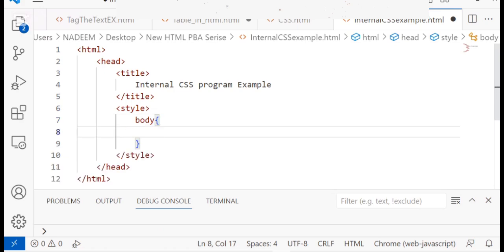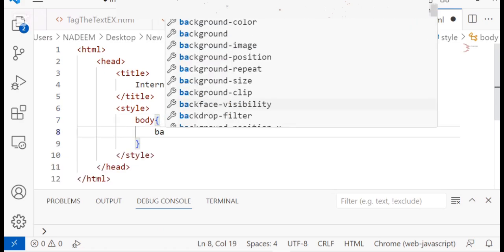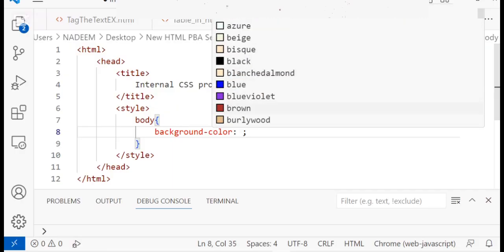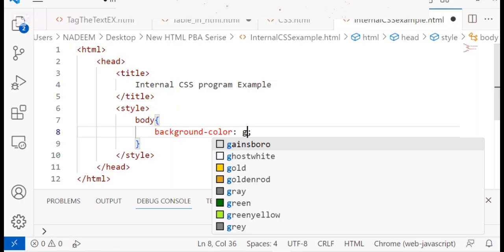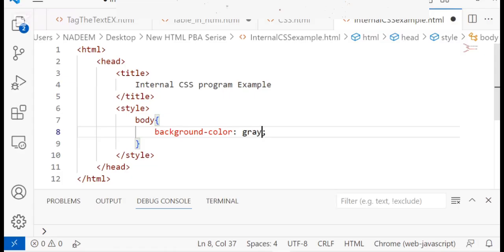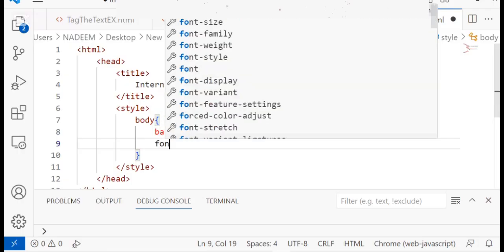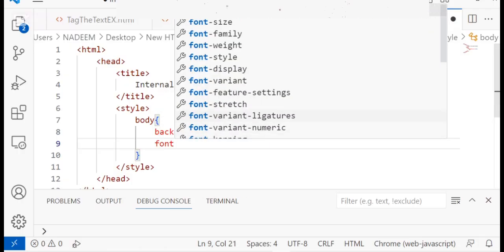After that you have to write the property you need to apply. Here we are going to apply background color, that is gray, and I'm just going to apply font family.